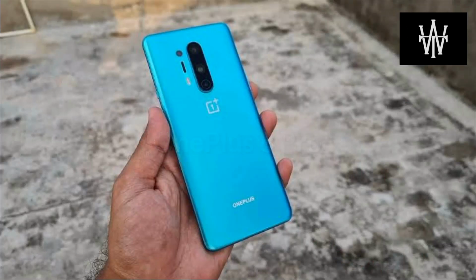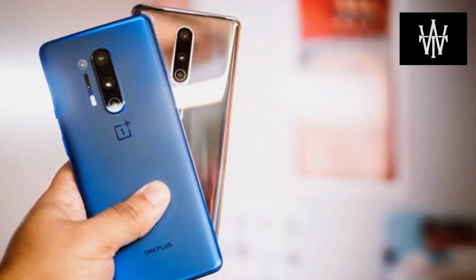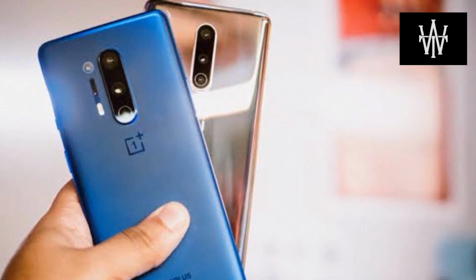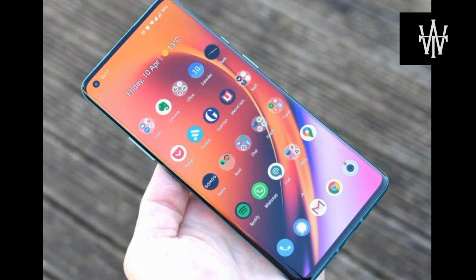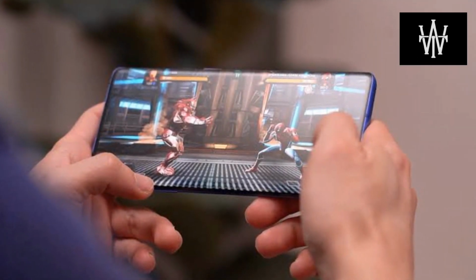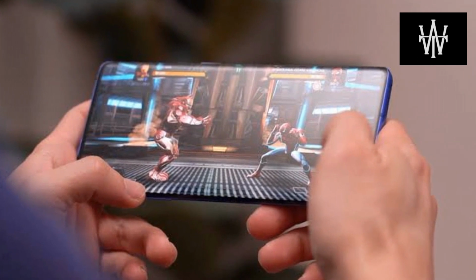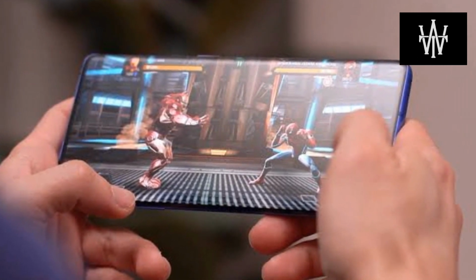OnePlus 8 Pro. The OnePlus 7 Pro used to rank high on this list, but it's been bettered in every important way by the OnePlus 8 Pro, a phone that has both all the power you need for games, and a screen that helps them look their best. There's a top-end Snapdragon 865 chipset inside this phone, along with up to 12 GB of RAM, so you get flagship power. As for the screen, the OnePlus 8 Pro has a 6.78-inch